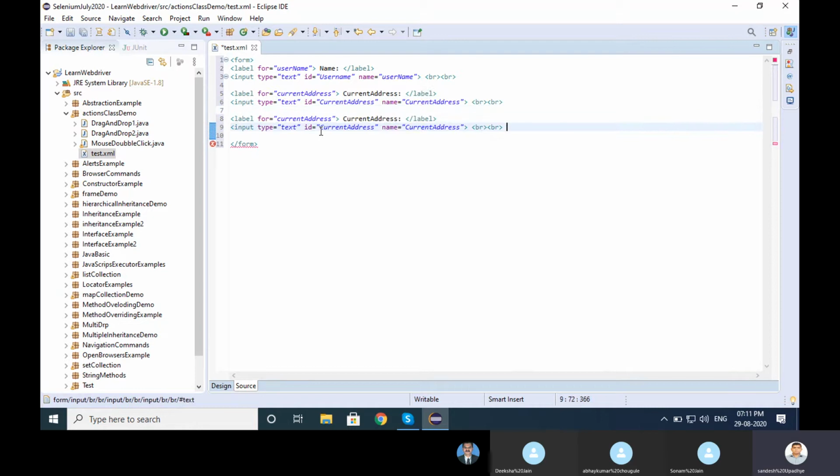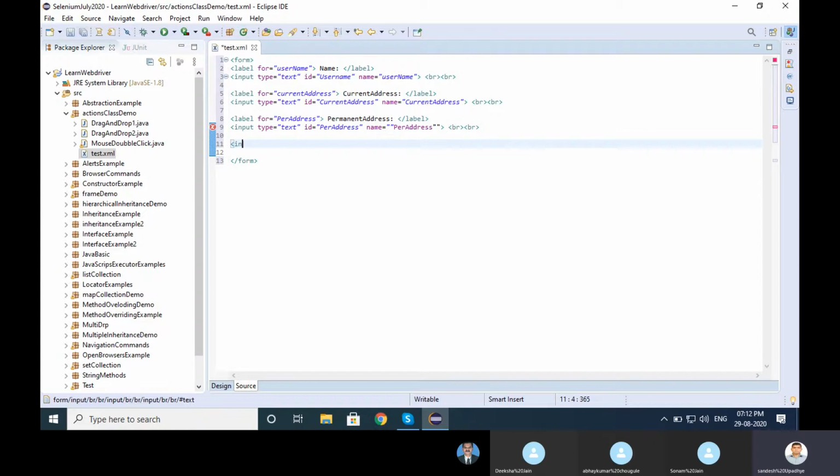We copy paste it, contact, here providing permanent address. Passing the same thing with ID and name, current address, permanent address, and one more button I am passing here.